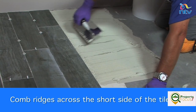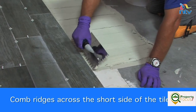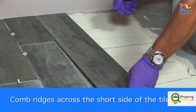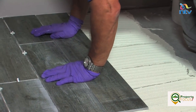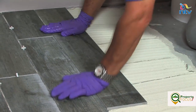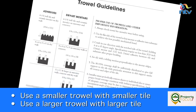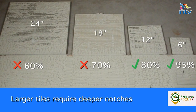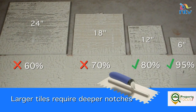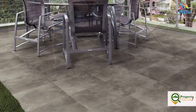With rectangular tile, trowel ridges should go across the short direction of the tile. This allows better air release when you bed the tile. Be careful not to leave any voids along chalk lines or between tiles. Use a trowel that will help you achieve continuous minimum coverage, and larger tiles more often require deeper trowels. For large format tiles, glass tiles, natural stone, or any tile set on exterior surfaces, back buttering the tile is